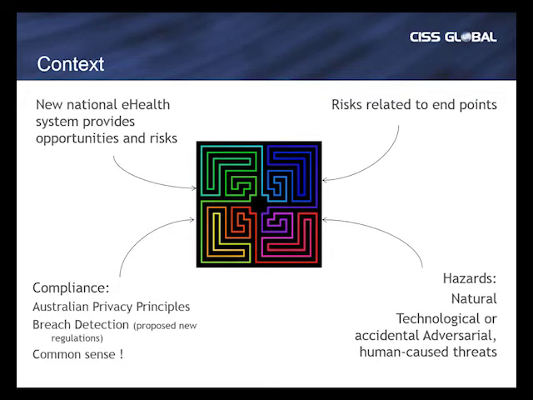We work within a compliance environment. We have the new Australian privacy principles, which are going to be covered in webinar 3 in more detail. We have proposed legislation on breach detection and reporting. And one of the things that we also need to include in that compliance is a little bit of common sense. But within the context itself, we also need to account for the natural hazards as well as the technical